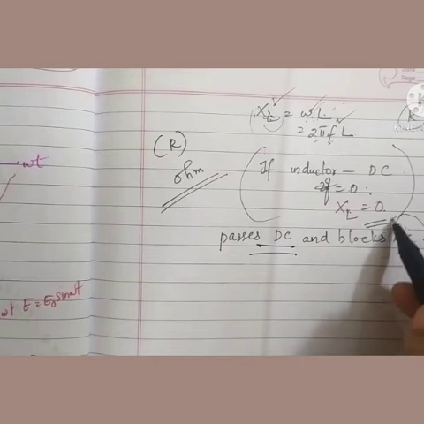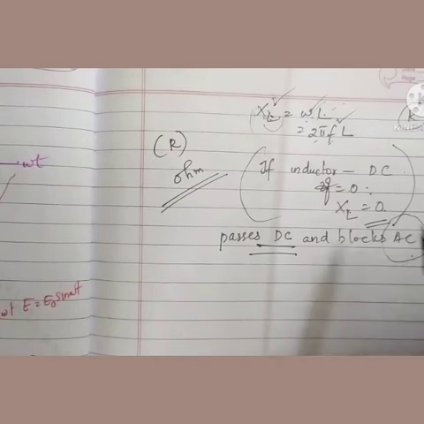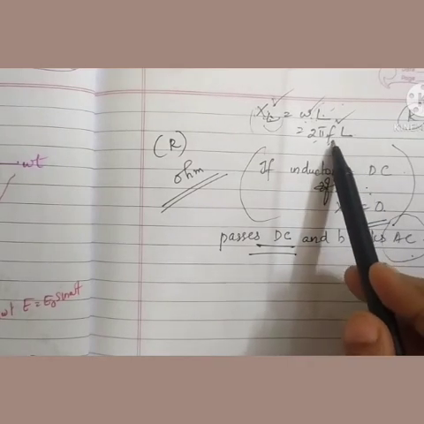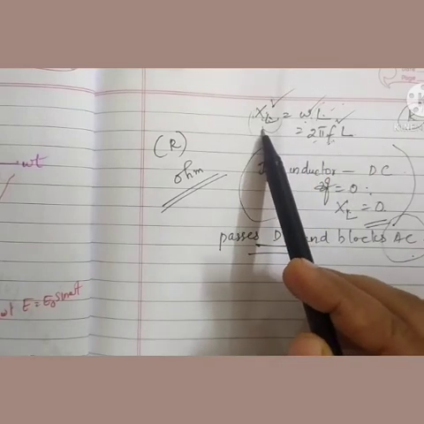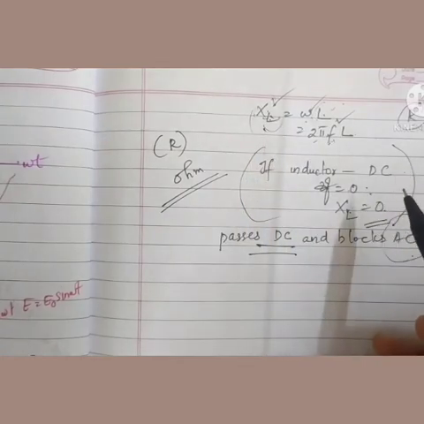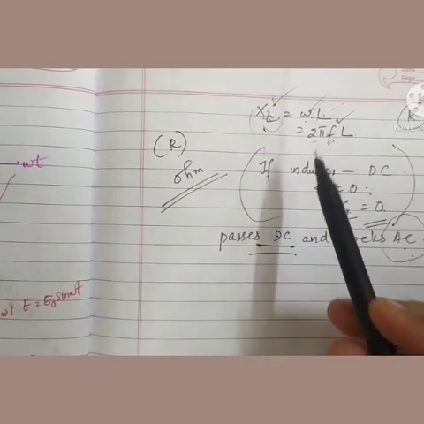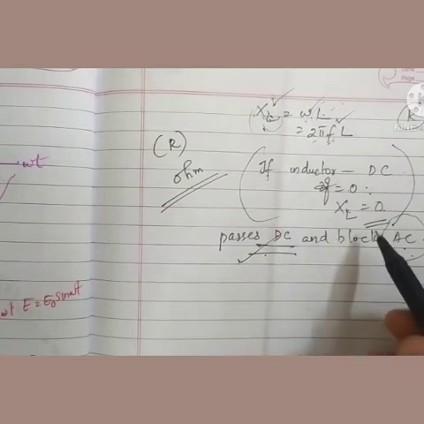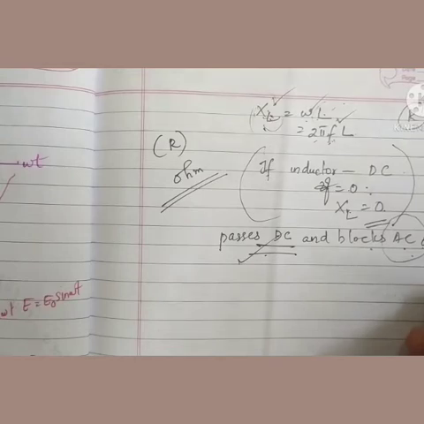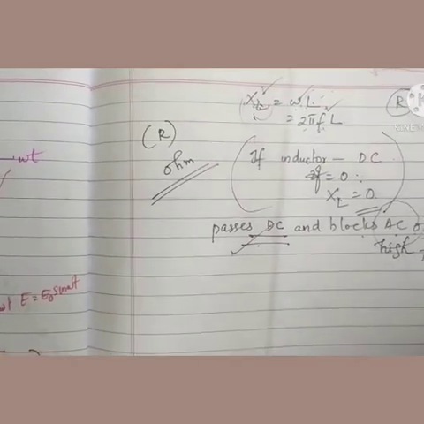But at the same time, if you are considering AC, AC has certain frequency. So if there is frequency, surely there will be inductive reactance. If there is inductive reactance or resistance, what will happen is the current passage will be limited, which means it blocks AC. Understood? So an inductor always passes DC, very important question, and blocks AC of very high frequency. Okay, shorter frequency is okay, but it blocks AC of very high frequency. Clear for you? So that's all about the